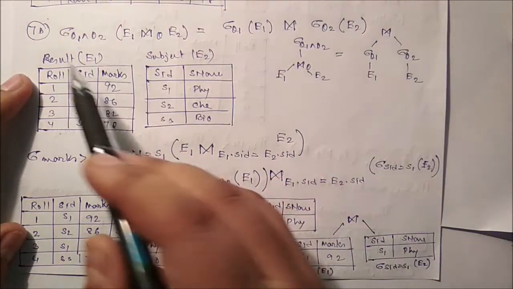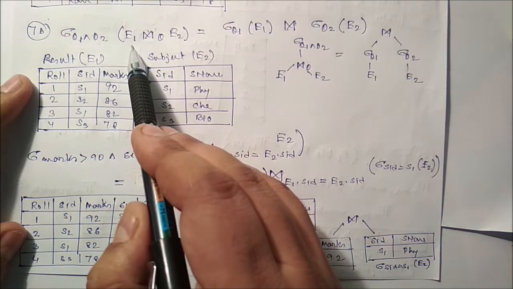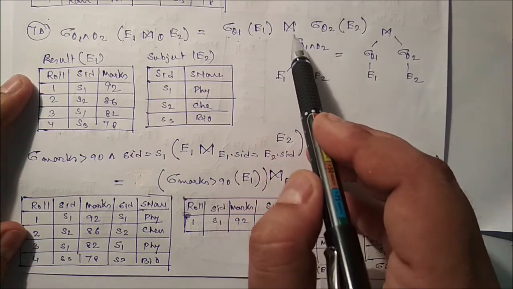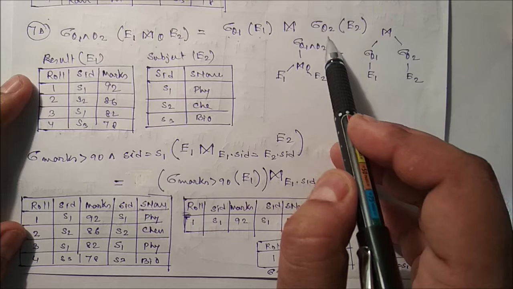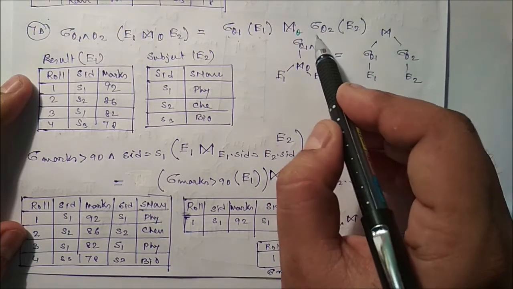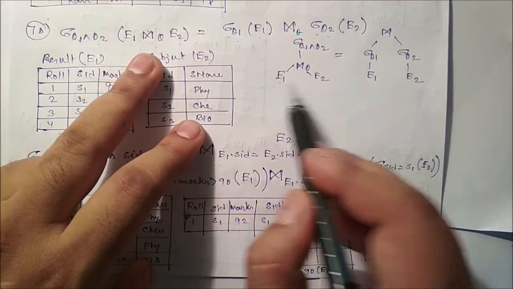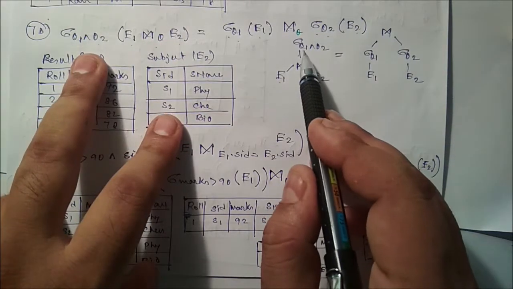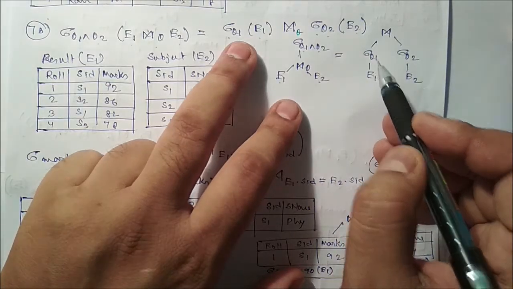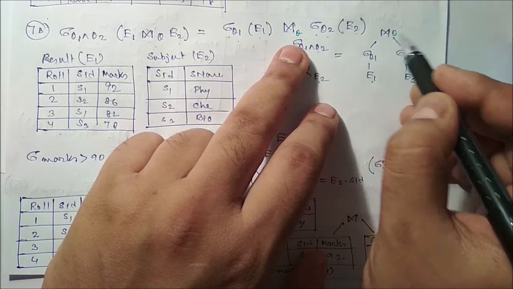Okay, next 7b. Now here selection condition theta 1 and theta 2, then here E1 theta join E2, is equivalent to selection condition theta 1 on E1, and the theta join, and selection condition theta 2. That means what? In this case, first apply the theta join between E1 and E2, then apply the selection condition theta 1 and theta 2. Or what you can do, we apply the selection condition theta 1 with E1, theta 2 with E2, then apply the theta condition.